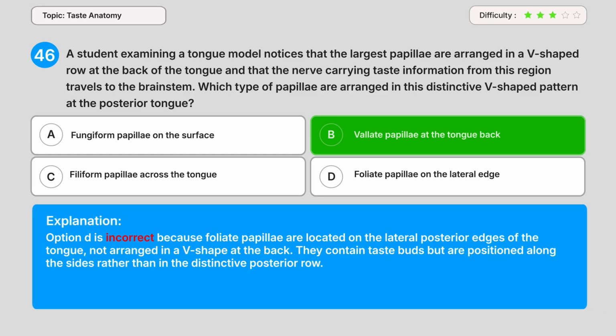Option D is incorrect because foliate papillae are located on the lateral posterior edges of the tongue, not arranged in a V shape at the back. They contain taste buds but are positioned along the sides rather than in the distinctive posterior row. Largest papillae, arranged in a V shape at the back of the tongue. Those are vallate papillae. There are only about 8 to 12 of them, but they're the biggest and they form